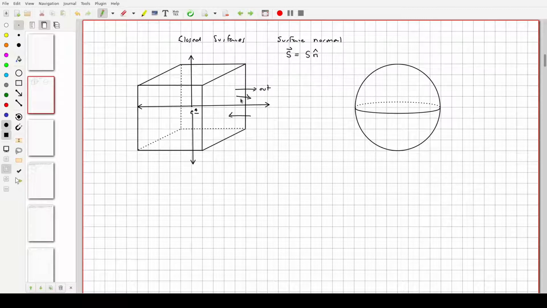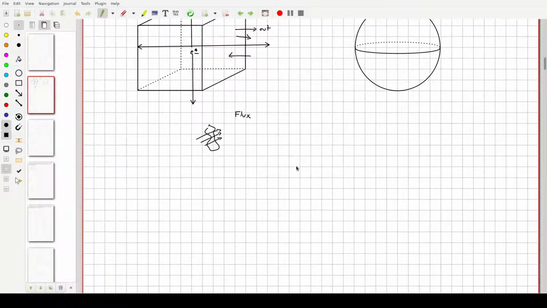Now, in this case, what we have is a field that's either exiting or entering some sort of surface right here. And a field that goes through a surface, let's pretend this is a surface right here, it's going through it, you can characterize with something called flux. Flux is basically how much of a field directly goes through any given surface. So, as an example here,